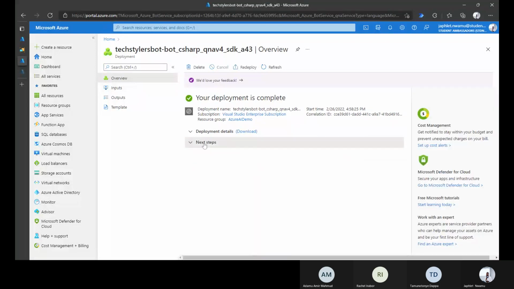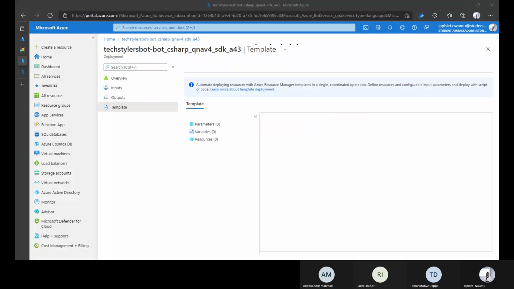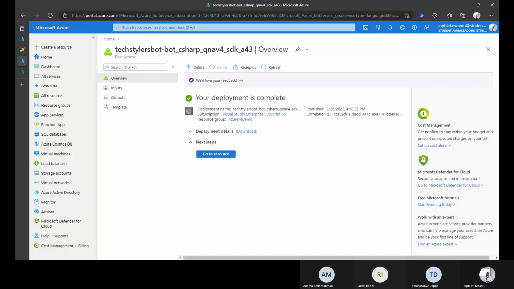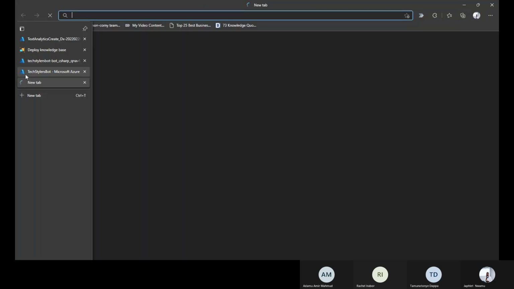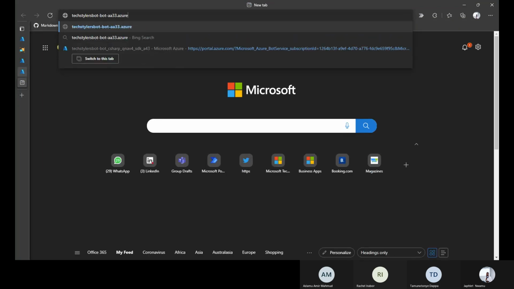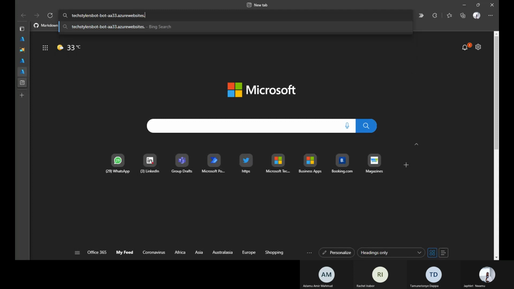Okay, so great. Our resource group has been created. So let's head over to our website. And sorry, overview. I think I copied the link, right? So let's paste it in here. This was the Azure website. Again, Azure website is